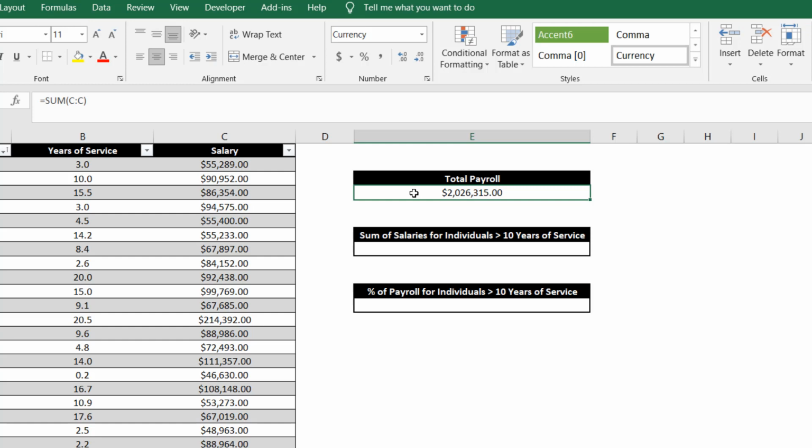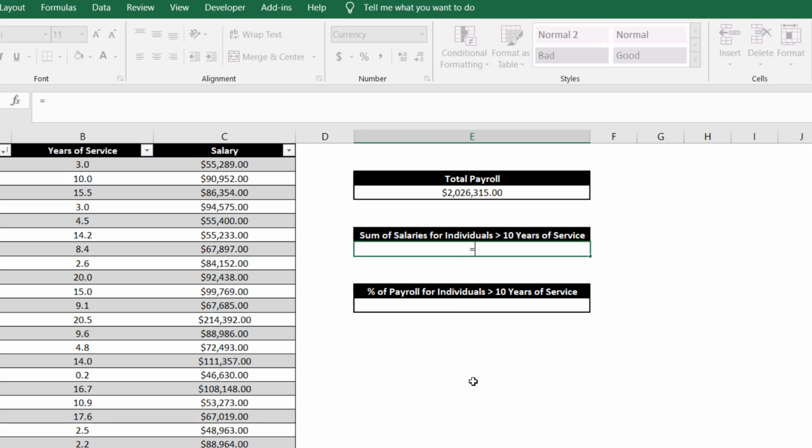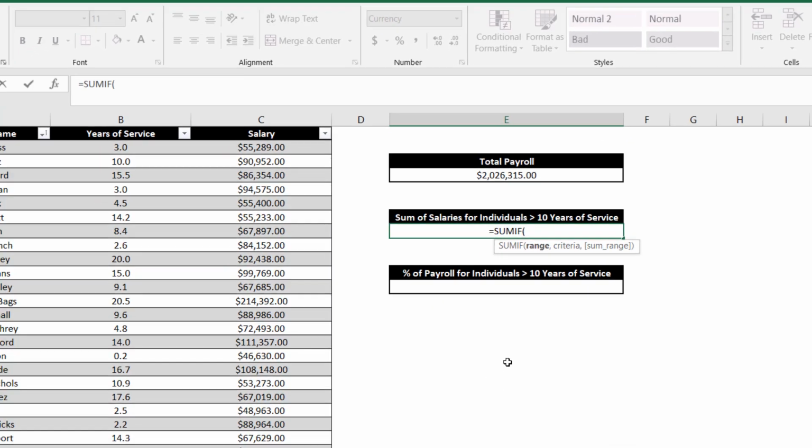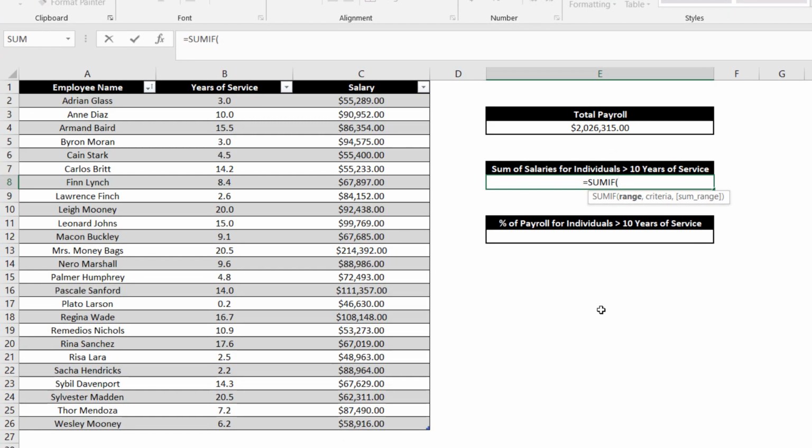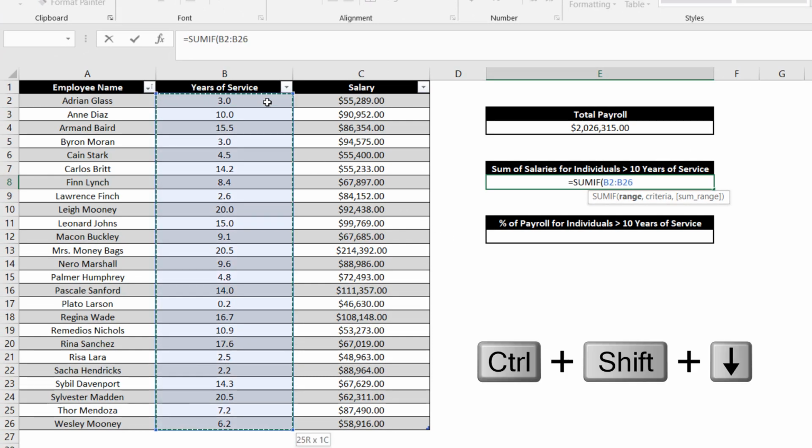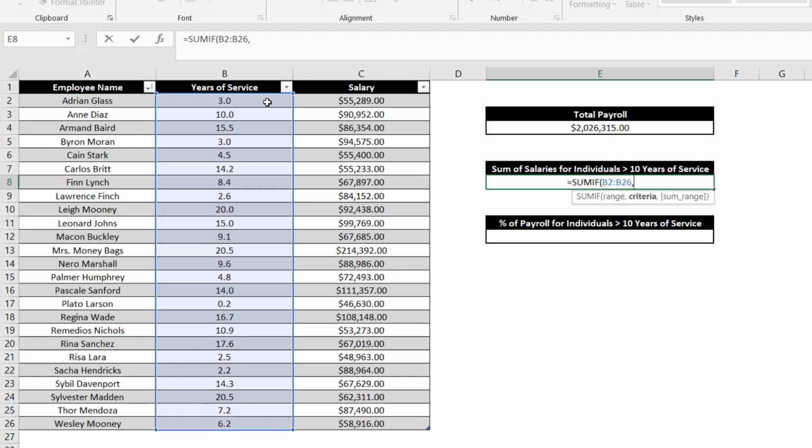Let's start by selecting the target cell and begin typing in the SUMIF function. You will see there are 3 arguments. 2 arguments are required and 1 is optional, which is indicated by the square brackets around the wording. Let's select our data range that is to be evaluated, or in this case, the years of service. We can then enter the criteria we want to evaluate our data range against, which is greater than 10, bounded